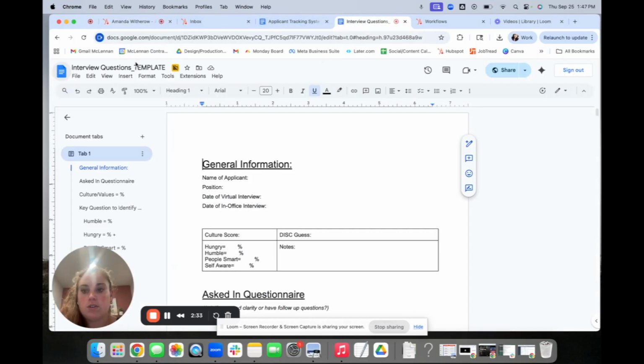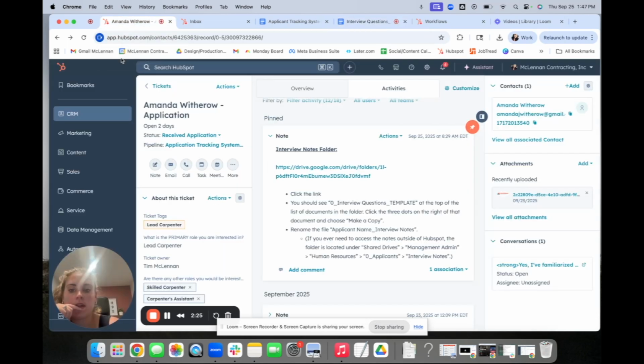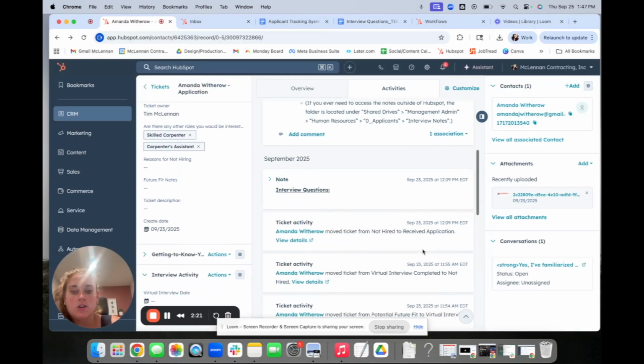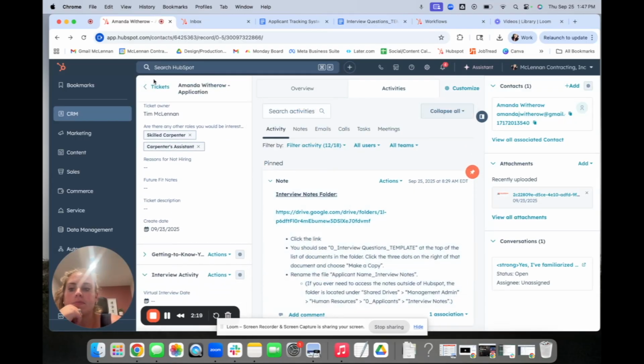Just be sure when you go to this folder, you make a copy of this one and rename it applicant name and _ interview notes. Okay, so that is basically everything you need to know within the ticket. If we go back here,